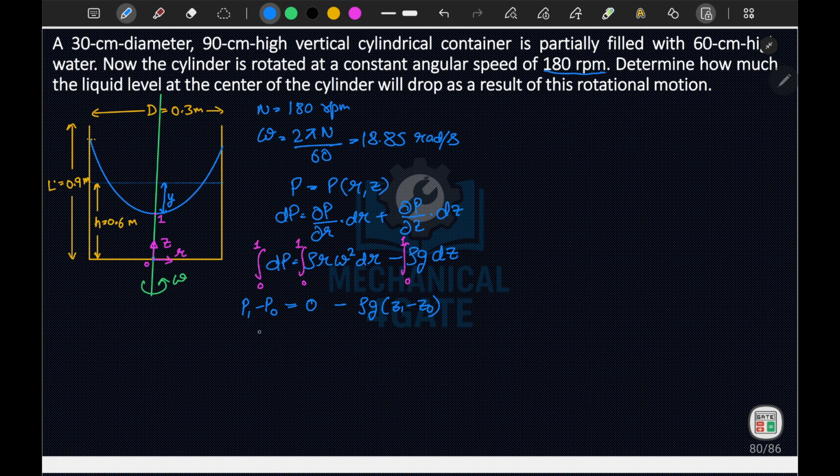Now P1, I can write P1 is equal to pressure at this point, and assuming gauge pressure, this point pressure should be 0, minus P naught is equal to rho g times of